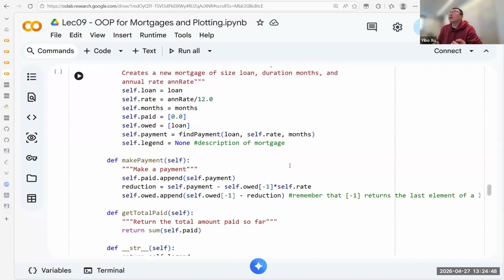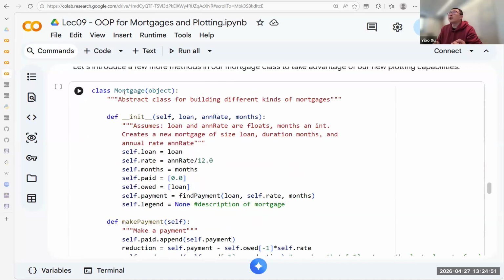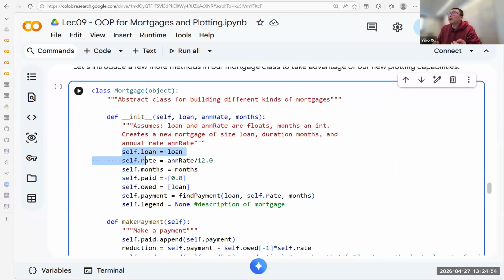So basically, if you look at the class, we want to get a class, and we just have the parameters that we need in our retirement class. If you think about the retirement, we have a target amount, an annual raise, and a number of years. Earlier we needed two sequences: the monthly payment, that's self.paid, and self.old, which used to be the principal by the end of each year. But here we only need